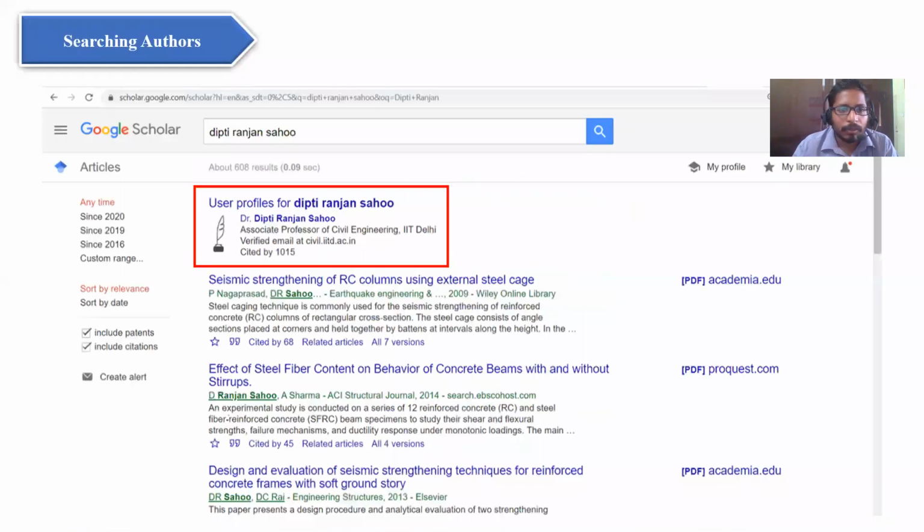Here in Google Scholar you can also search for a professor. For example, if you want to search for me, or any professor doing research in a certain topic, or you want to know who that professor is, where he is working, who all his research scholars are currently, and who all the postdoctoral fellows are doing research in that area. A faculty member may have 6 or 7 research scholars, and each research scholar will have a different topic. So who is doing what, and who are the collaborators from foreign countries the researcher has, all this can be seen in Google Scholar.